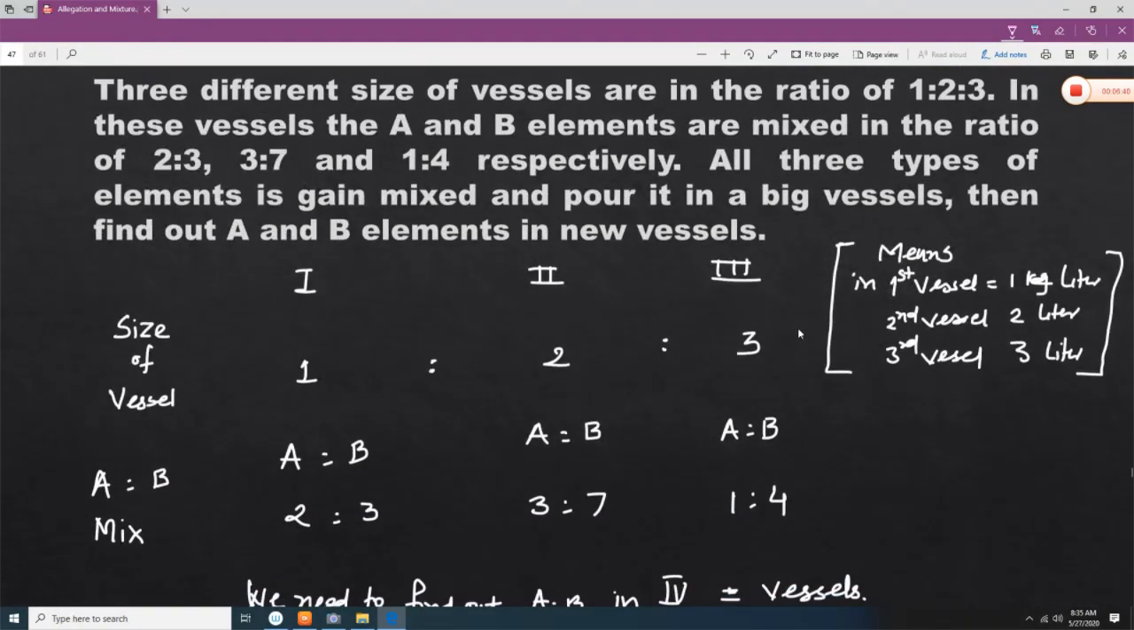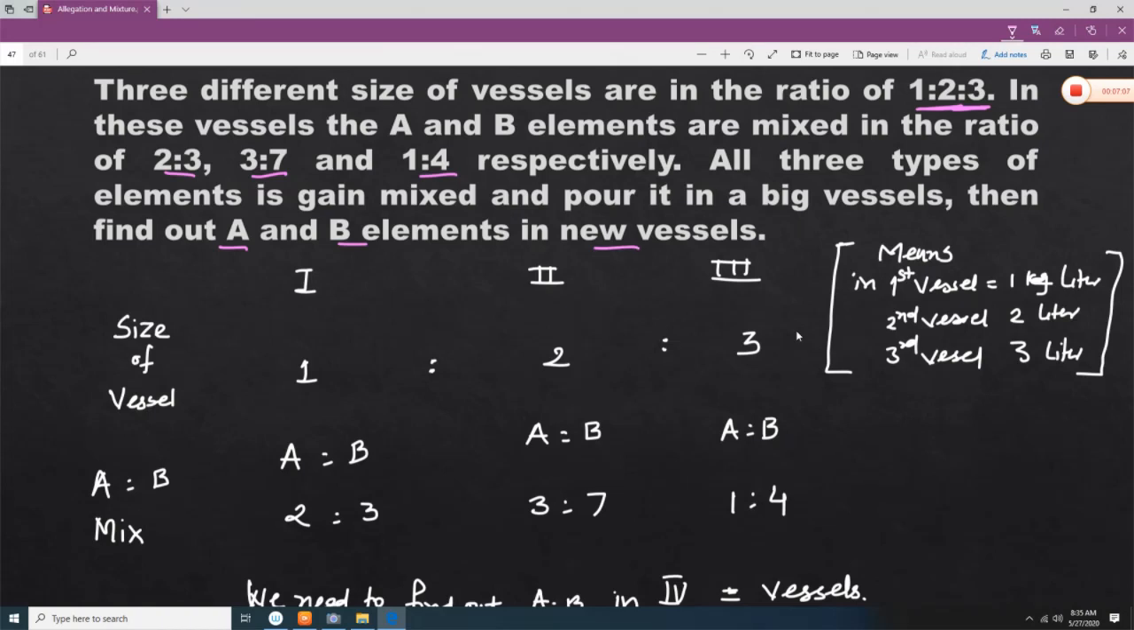Three different size of vessels are in the ratio of 1:2:3. Now this is the size of the vessel. In these vessels, A and B elements are mixed in the ratio of 2:3, 3:7 and 1:4 respectively. All three types of mixture are taken, mixed and poured into a big vessel. Then find out A and B element in the new vessel. So